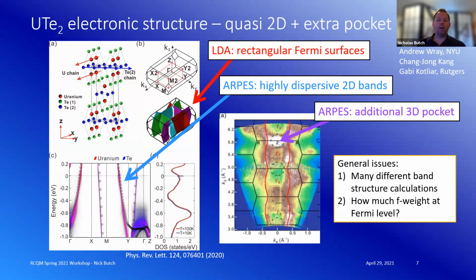So, and I apologize for those who want to talk about band structure calculations. I'm going to just assert things, and then we can argue about it later if you'd like. What I'm showing you here are a combination of calculations and photoemission results from Andrew Ray's group. The calculations are from Gabby Kotliar and Chengjun Kang. But essentially, what ARPES tells us is that there's two highly dispersive electron bands that form a quasi 2D Fermi surface shown here. So if you took just a cut through, it looks like rectangles.